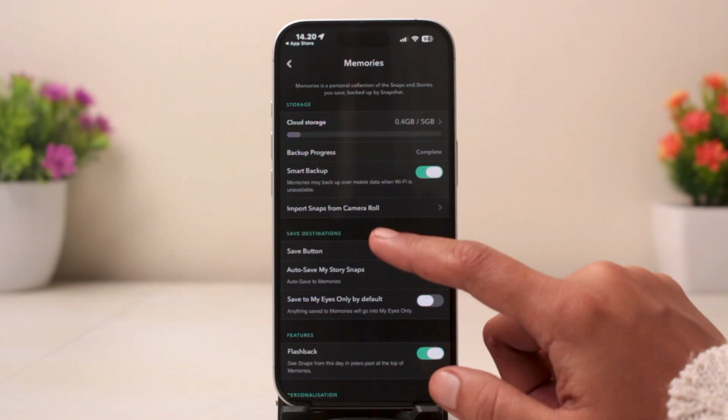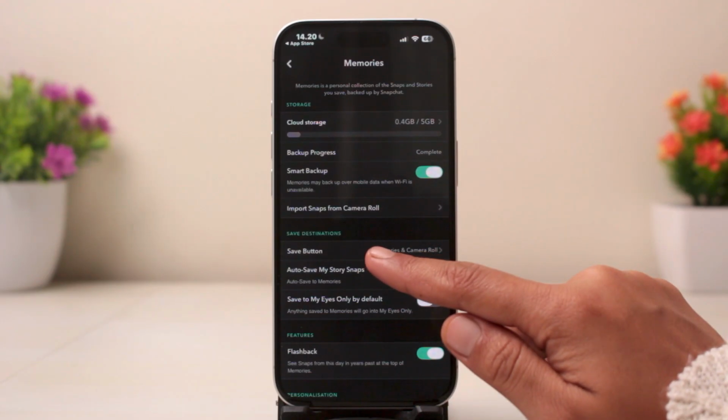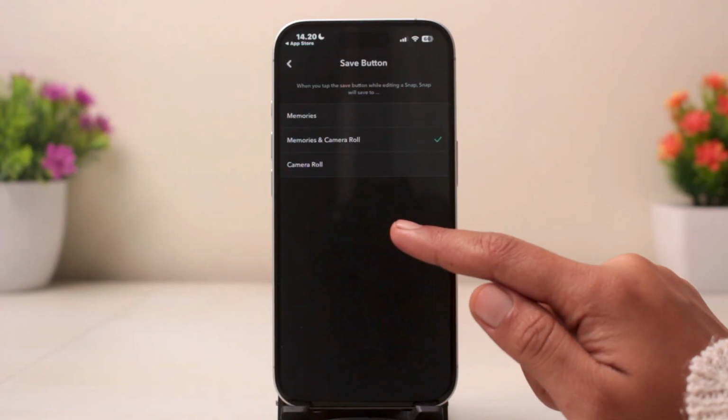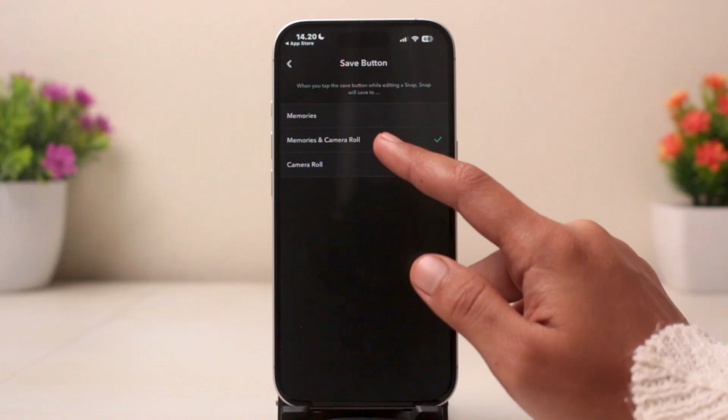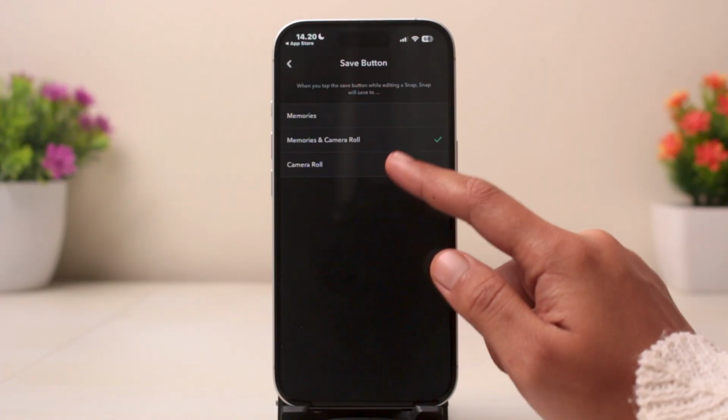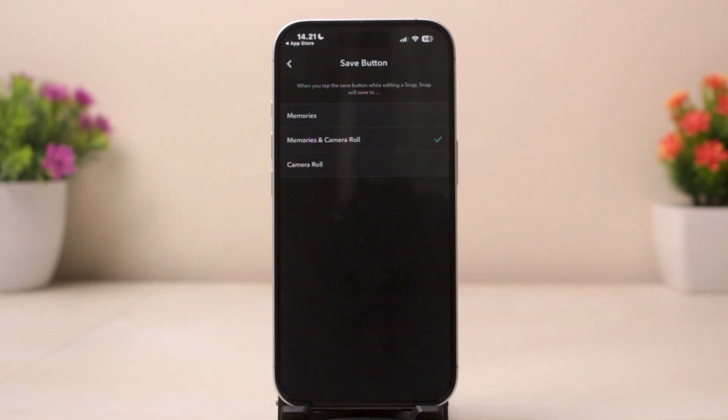tap on the save button under the save destinations section. Tap on it. Now select where you want to save it, whether memories, or memories and camera roll, or just the camera roll. Now the next thing you can do is for My Eyes Only, long press a